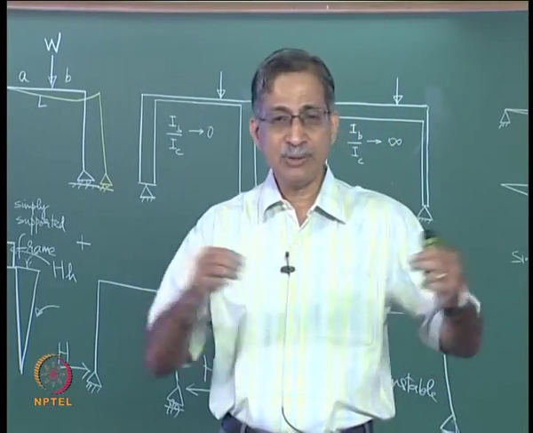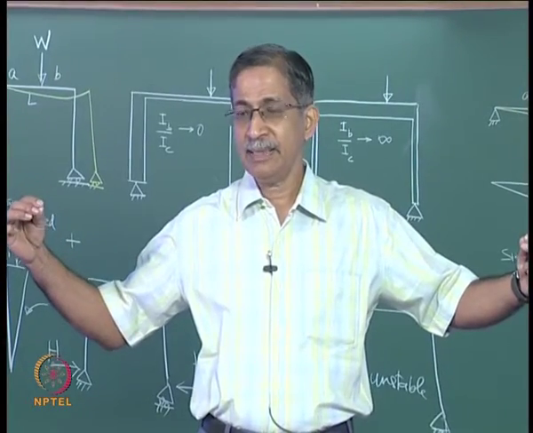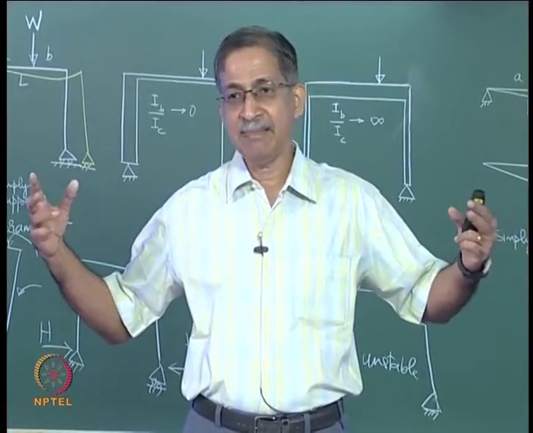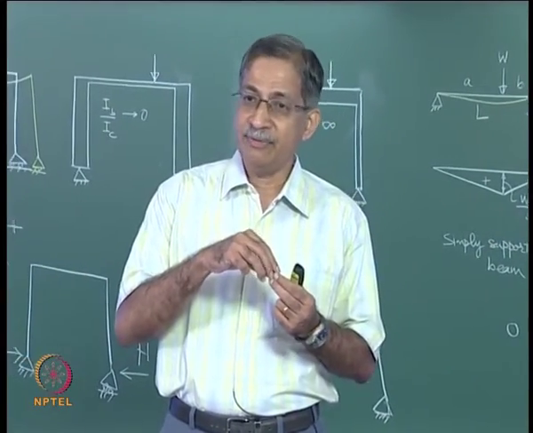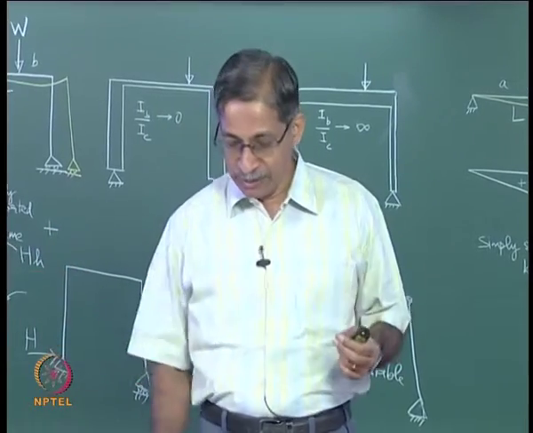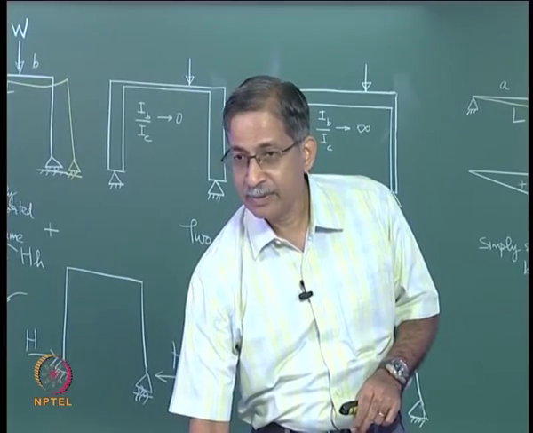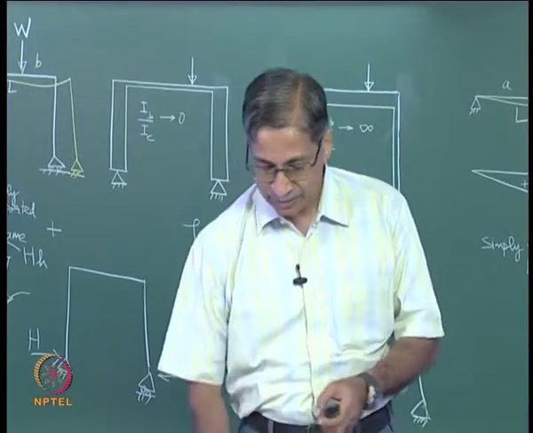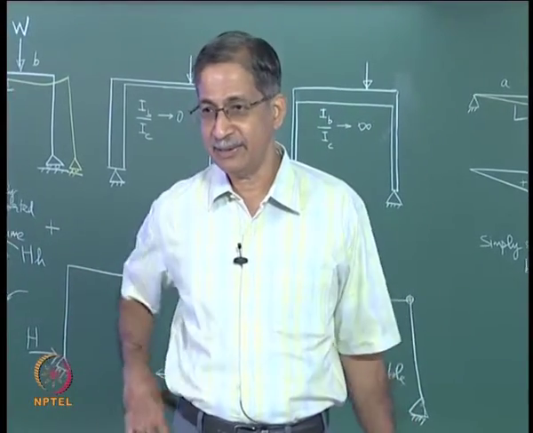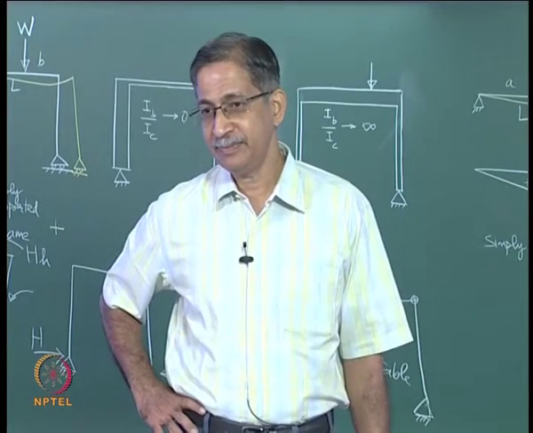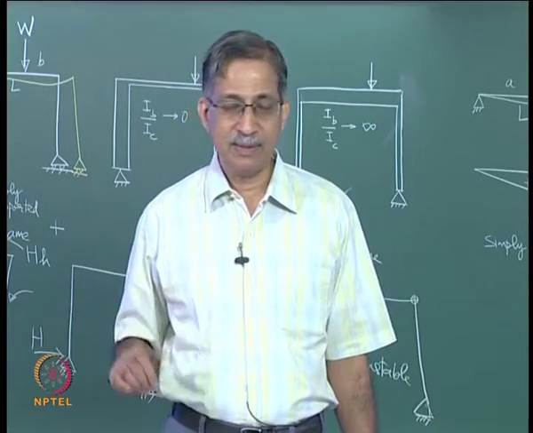Let us look at it conceptually. If the arch was a straight member with a constant axial force, the elastic shortening will be NL by EA, you know that, EA is the axial rigidity. In this case you have a varying axial force, and so you will have to integrate along the curved length of the arch. Is it clear? So that is the rib shortening. Now how will this affect the horizontal thrust in the arch? Will it increase compared to the situation where you ignored it, or will it reduce?